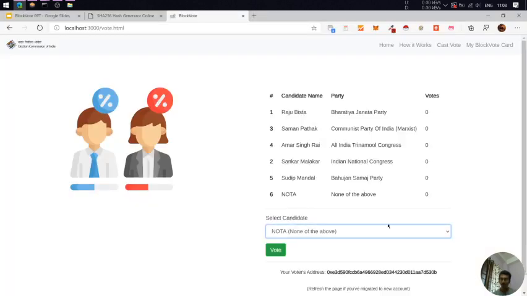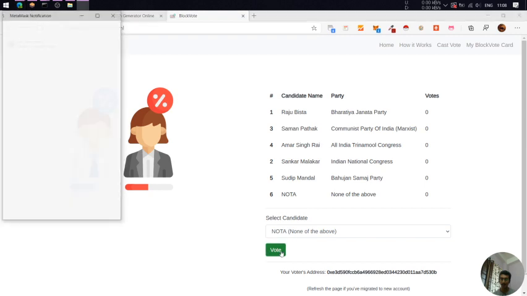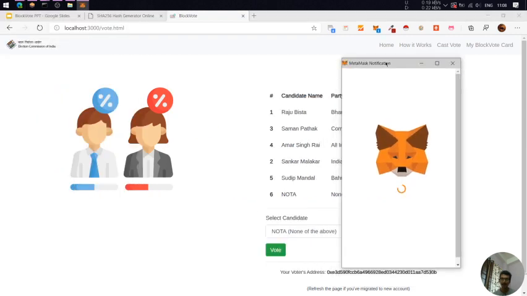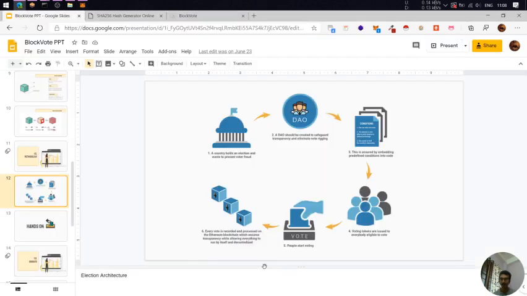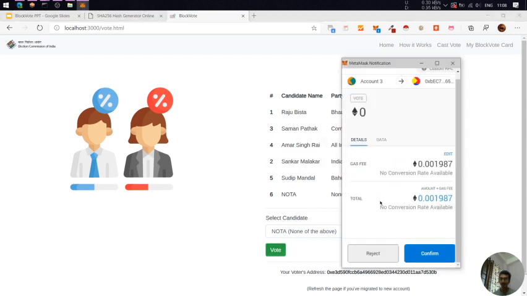So I'll just choose Nota and click on vote. Okay, something strange happens, and it's kind of shocking, like what is this? So let us move on to the slide again, and you can check people start voting. So we are in the voting phase now. So what is this now?